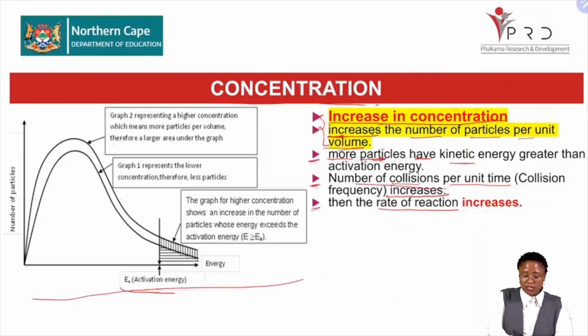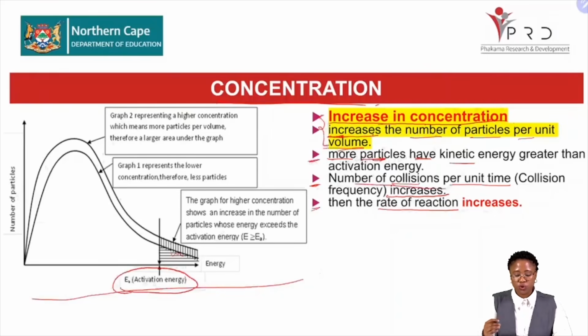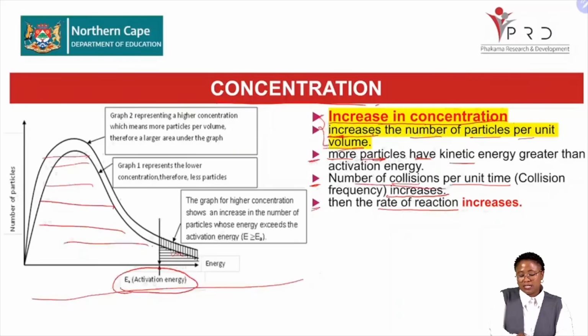You already know what that E indicates over there. The EA represents the activation energy, and you already know what the shaded area indicates. It indicates the number of particles that have enough energy to react. Anything before the activation energy, all these particles, they don't have enough energy to do what? To react. So now what you need to look at is that I'm going to name this one C1 and